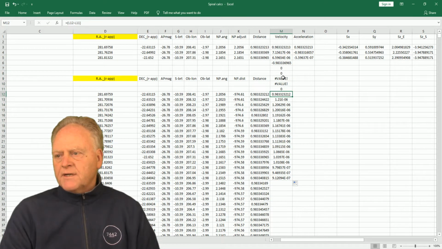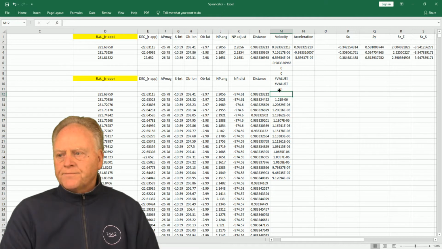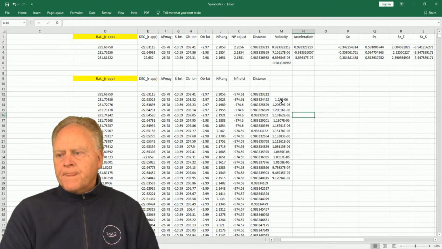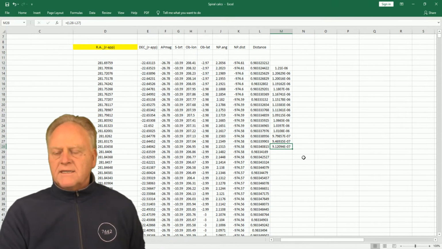These values aren't going to match, and the first one will be skewed because it's looking at L11 and there's no data there. So you can clean that out, just hit clear contents. Then clear this out, anything we don't need. Alright, so that's going to be the velocity of Earth